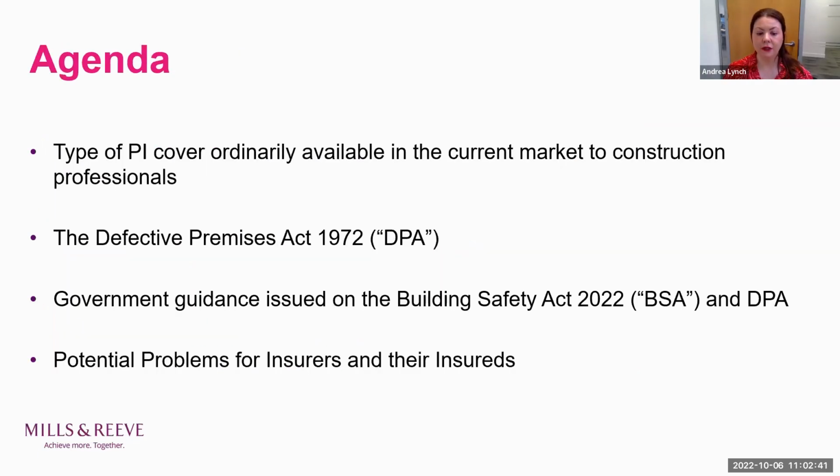So let's get started. Today we are going to be looking at the Building Safety Act in the context of the following three areas. Firstly, we're going to look at the type of professional indemnity cover commonly available to construction professionals. Secondly, we're going to look at the changes to the Defective Premises Act 1972 and the government's interpretation of those changes. And thirdly, we're going to look at potential problems that may arise for professional indemnity insurers and the construction